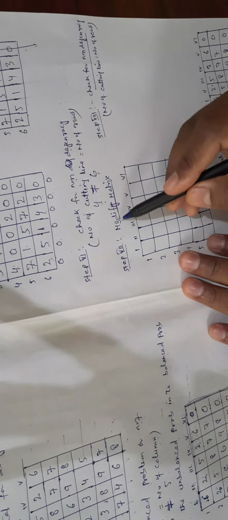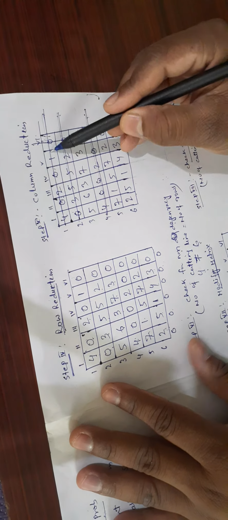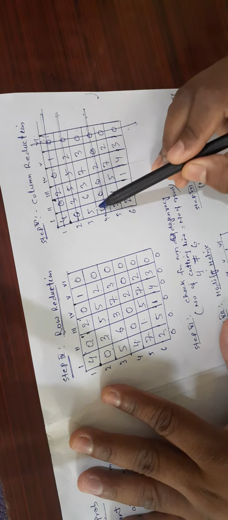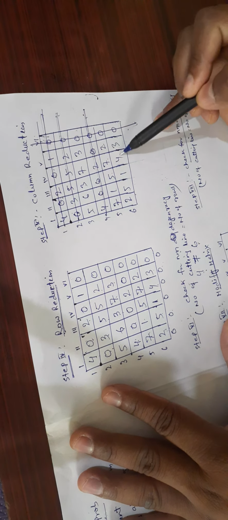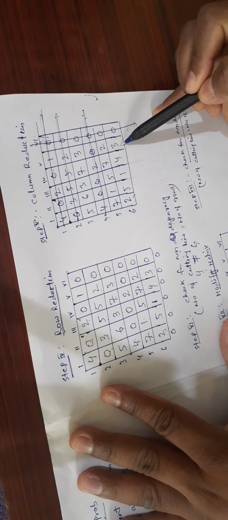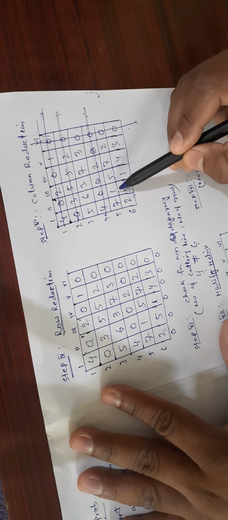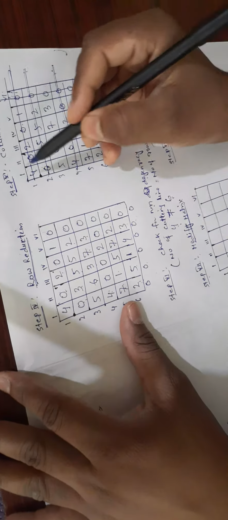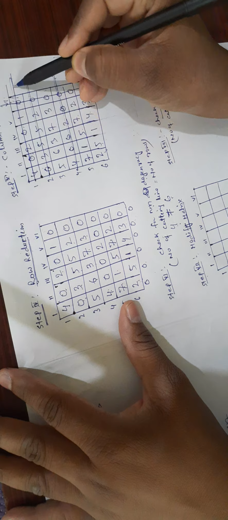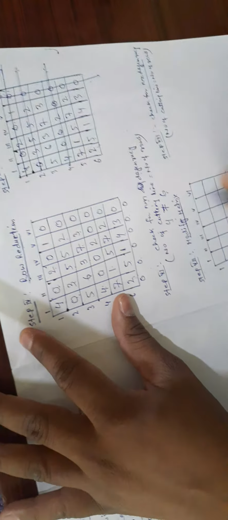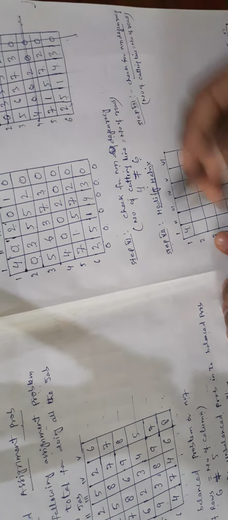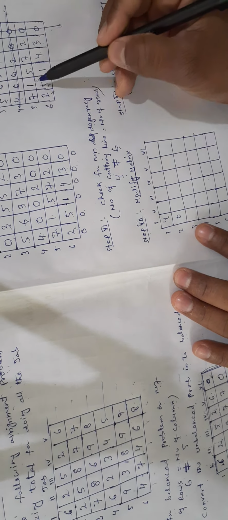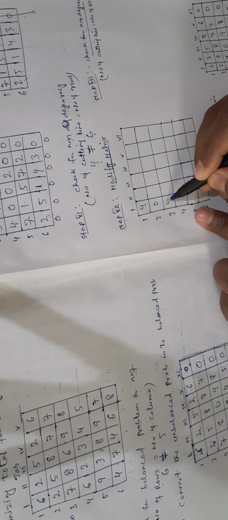Modify matrix. In this matrix, first we have to check the uncut numbers. The uncut numbers are 5, 6, 3, 7, 3, 7, 1, 5, 7, 2, 3, 4, 1, 5, 2. Among these uncut numbers, the least value is 1. This column is also deleted, so the same value we have to copy here. First complete the column. Here is 0. Next 5, this is an uncut number, and the least number is 1. So 5 minus 1 is 4, right here is 4, right here is 4.